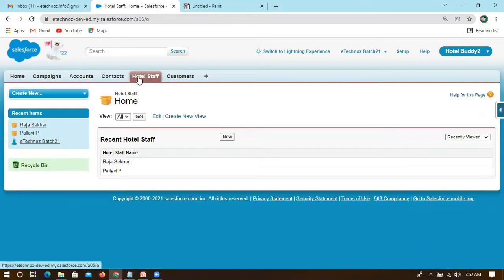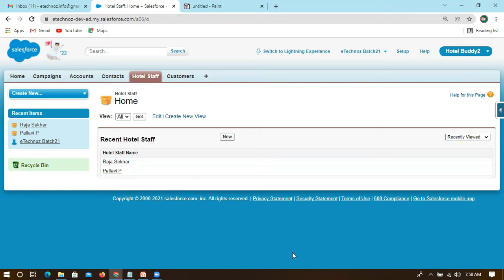The S object is held in the database behind the scenes. If I want to display it to a specific user, I have to do that through a tab, and only then can we showcase it to the user. So hotel staff is a tab through which we showcase the data from the S object, and the S object contains all those fields. This is what we have discussed till now. If you have any queries, we can start with those first and then move ahead. If you don't, we can continue the session. Let me know.